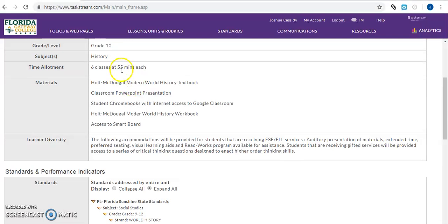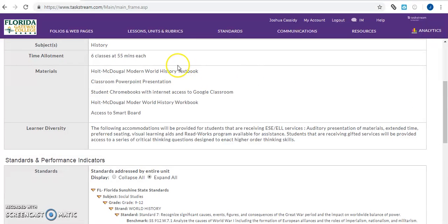Our class is here at 55 minutes. We have 6 over here. All materials the kids will need. They'll need their textbook. They'll need the classroom PowerPoint, which I'll show them. There's Chromebooks with access to Google Classroom and the Internet, the World History Workbook, and the access to the Smart